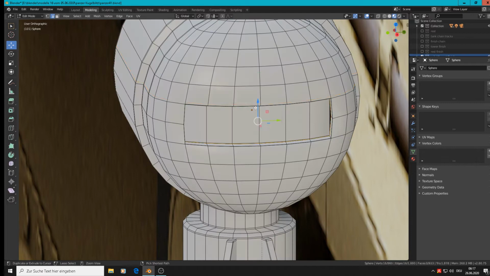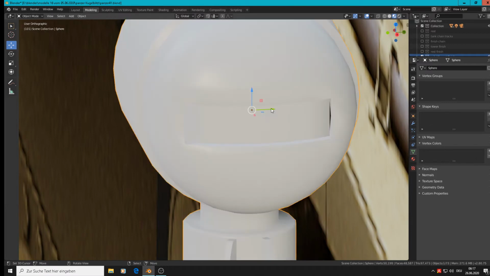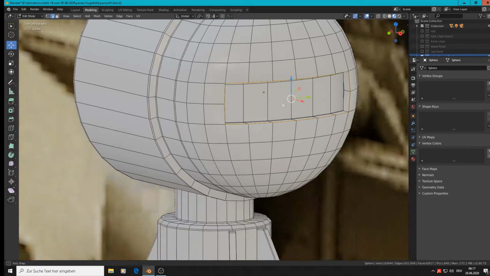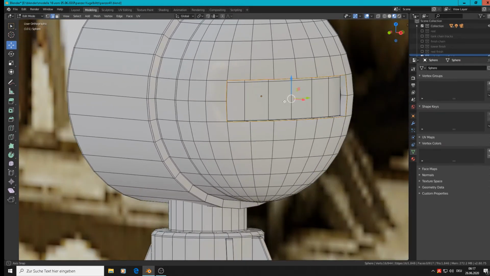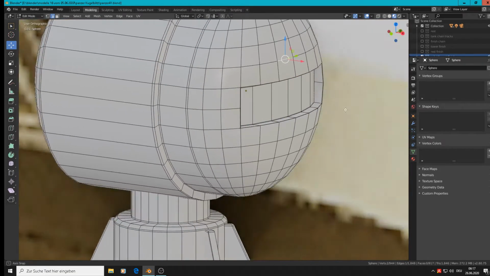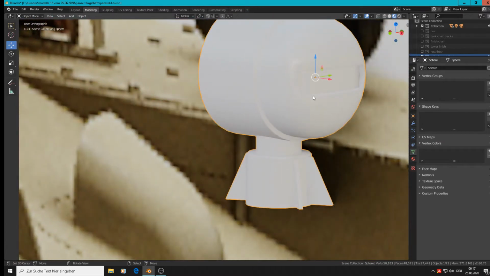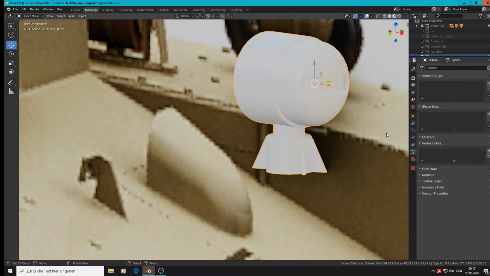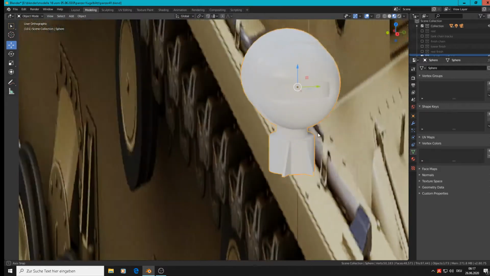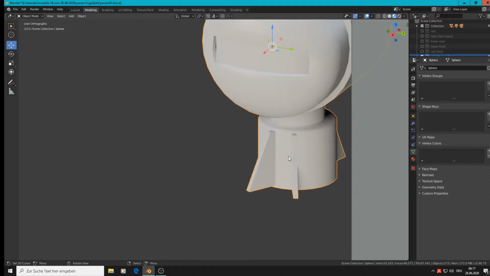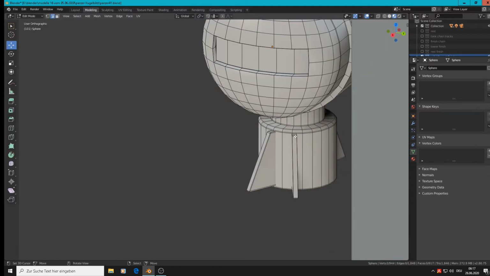So we go back, and back more. So we delete these double edges there. The only thing we can do, when you want, is take here an edge split for that. That makes it more sharp, but it's double the vertex count, so think on that. I think we can also take here these both